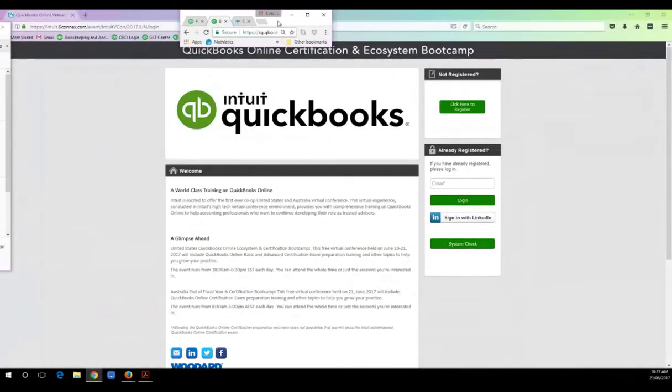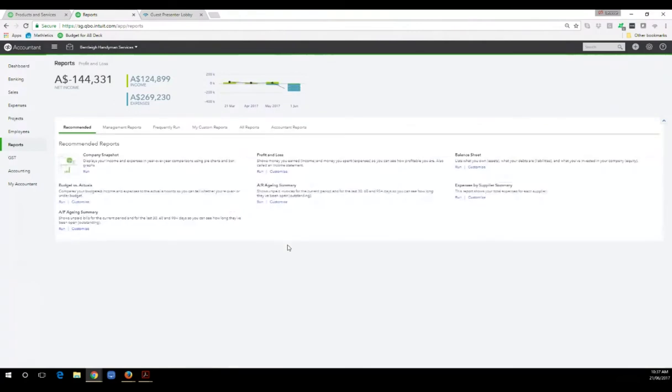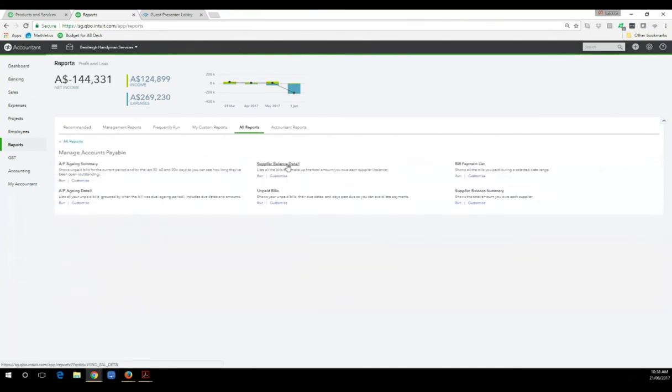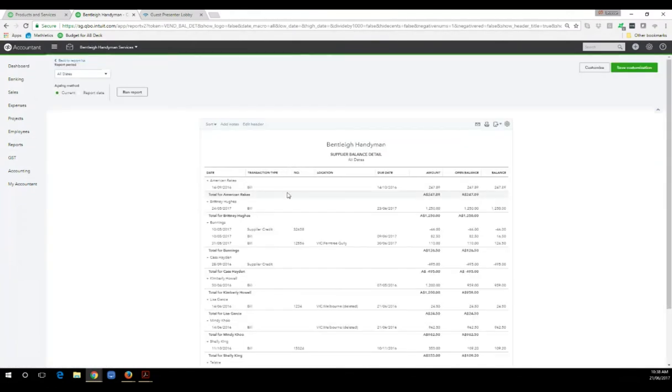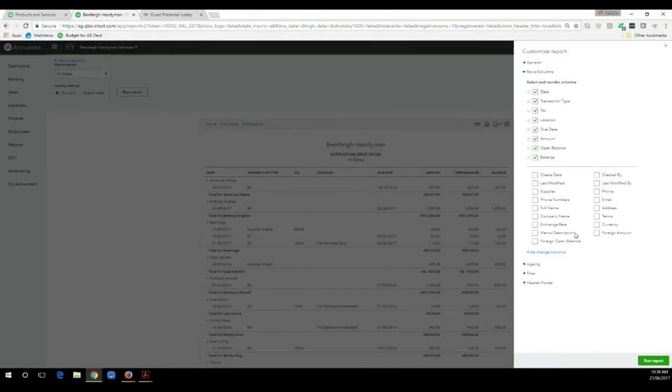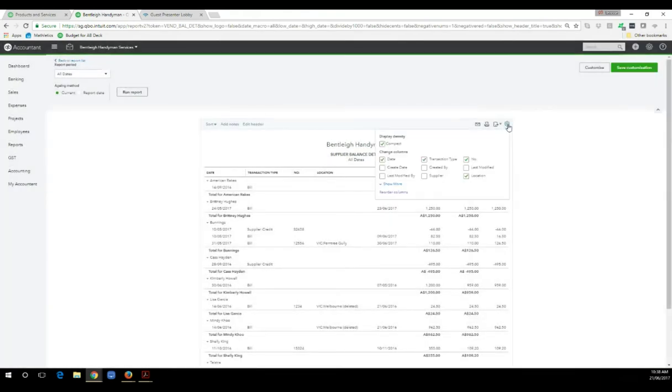So any other reports, you can customize the reports to suit yourself. As I was saying before, normally in another program, a report that you may have used is the supplier list, supplier balance to get your GST amounts to reconcile back, if you're reconciling your balance sheet back to your GST accounts for your debtors and creditors for the GST amounts. So you can just change those fields. So add in a tax field for your supplier account on your little cog on your report. Click on the show more, and then